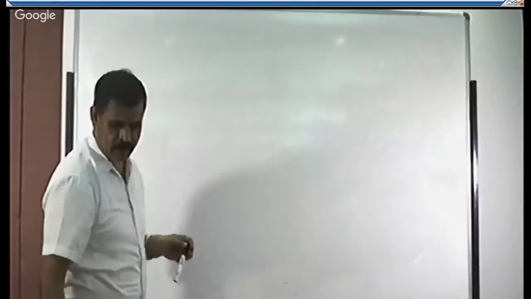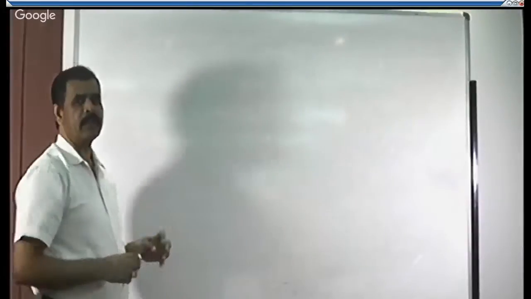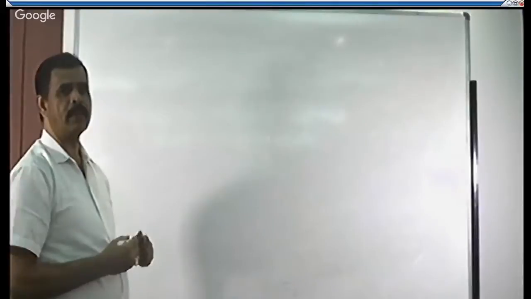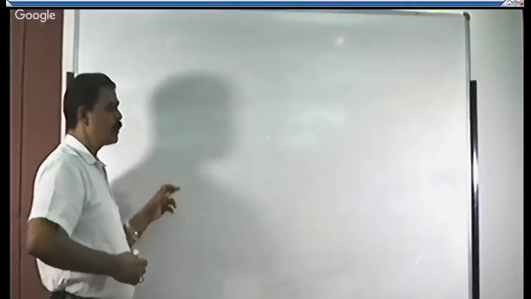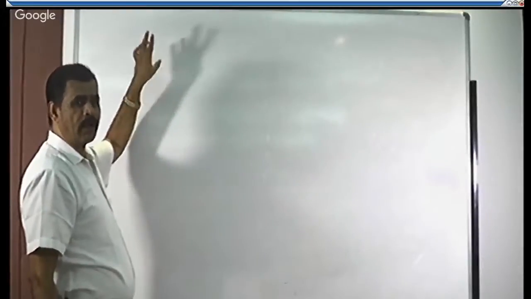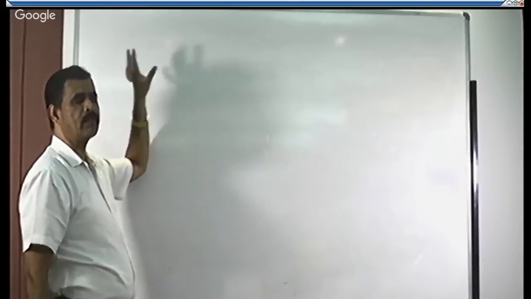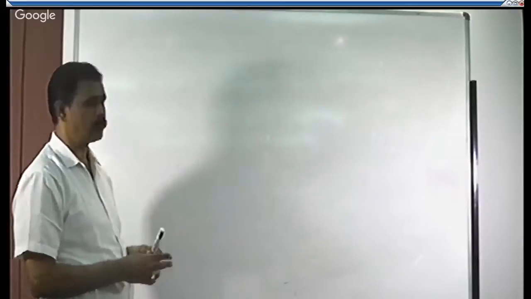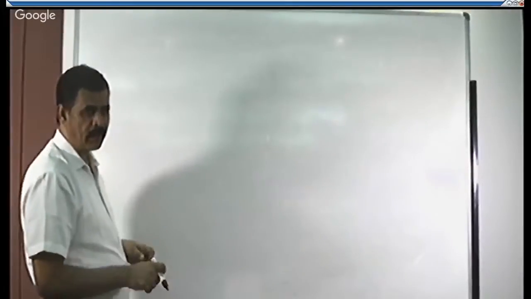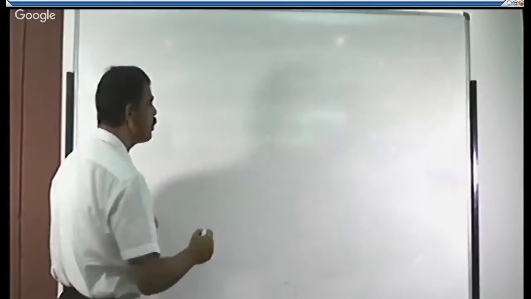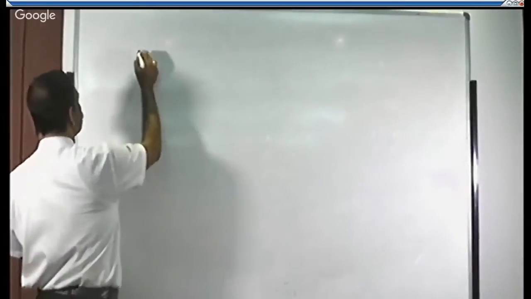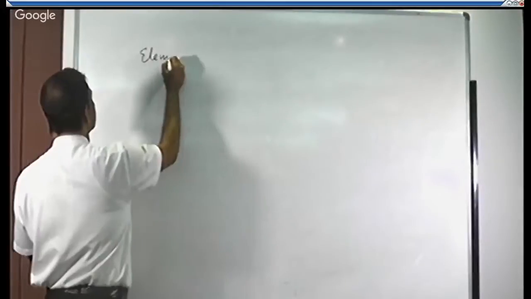Next, an important point. It is an application of matrix, that is solving the simultaneous linear equations. We can solve the simultaneous equations in different methods. We have a matrix method and also we have a Gauss elimination method. Let us discuss solving simultaneous equations using Gauss elimination method. To understand Gauss elimination method, first we should know elementary